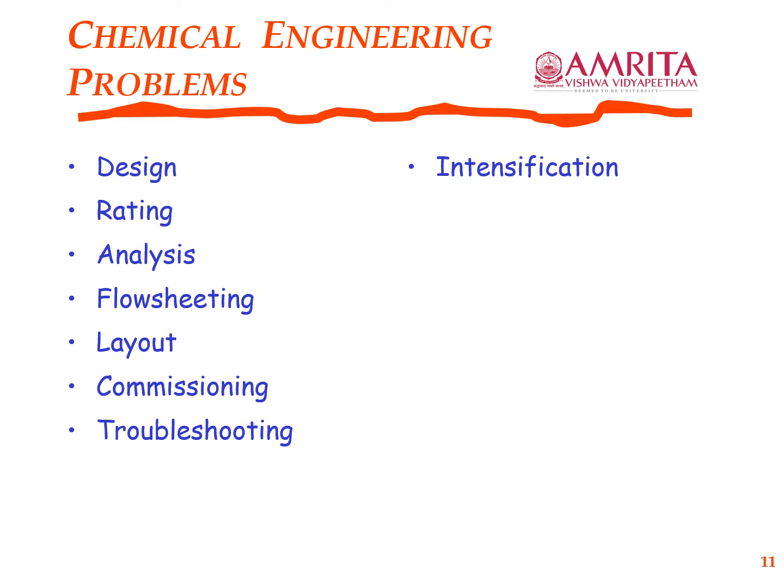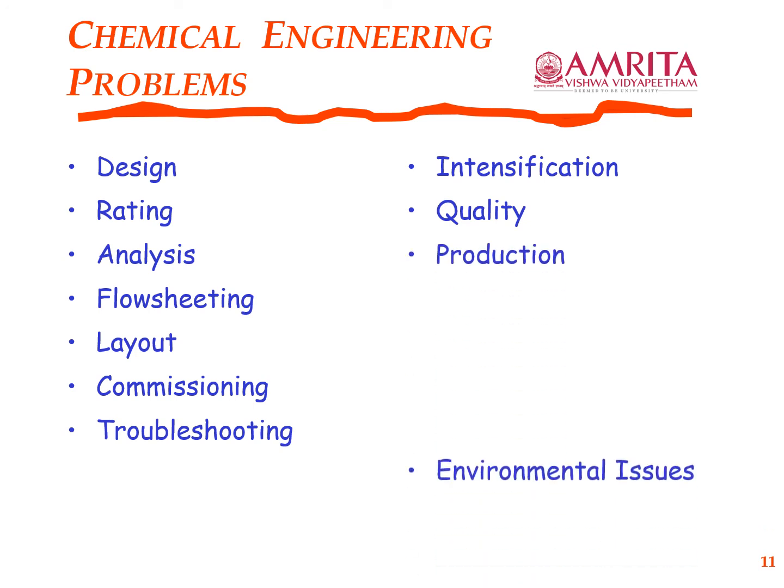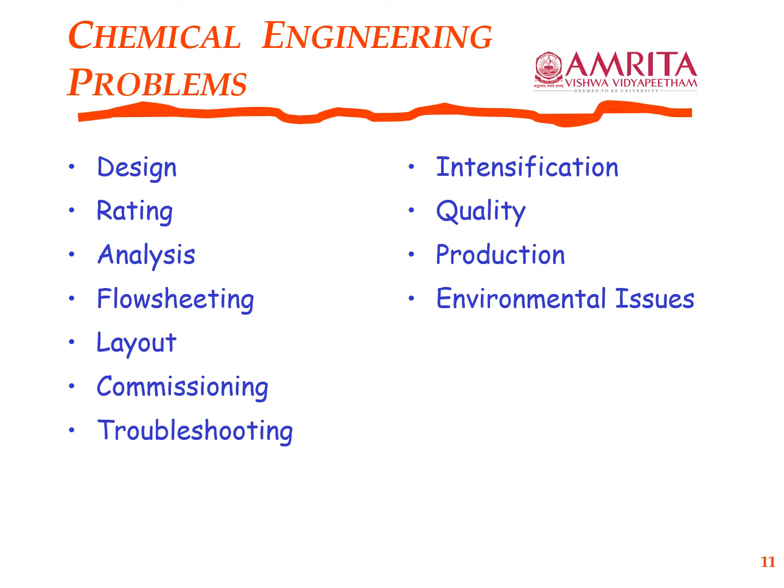We considered one intensification problem, quality. Once you're operating, are you always making cumene at the same quality is something that you have to look at, and then handle the production as a whole. And then, of course, you have to address the various environmental issues that arise from a chemical engineering process, from the conception all the way to the regular operation and maintenance and so on and so forth. Various environmental issues may arise which will need to be addressed. And of course, there are legal issues, intellectual property, and so on and so forth. And there is management of this whole industry.